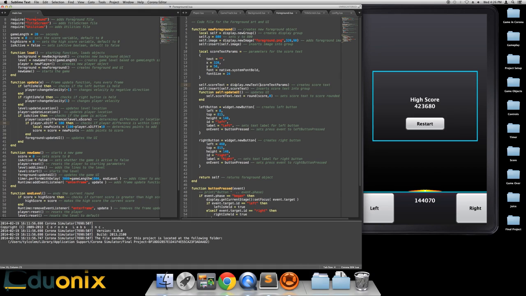It's a display.newText, but the way Corona works, it doesn't auto-update a text object with a new variable value. So if a variable changes, you have to tell the display on the screen to change it as well. So every frame, we tell it that the actual text in this text object is now the score rounded to 0 decimals. So the score actually has a decimal location. It has a potential decimal difference, and we don't want to show